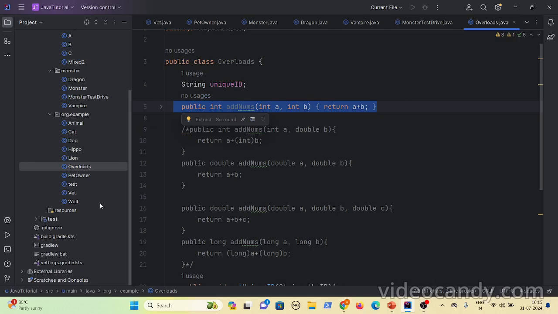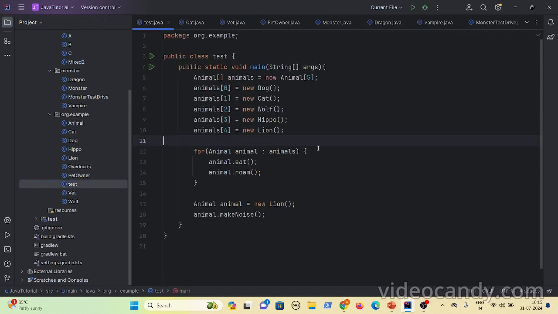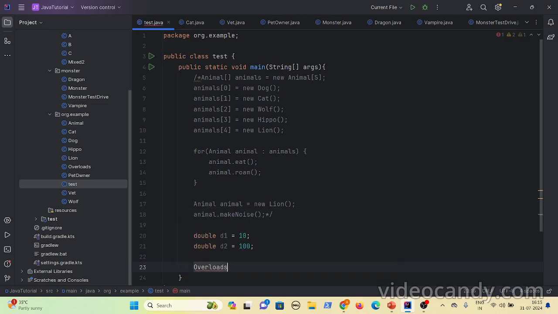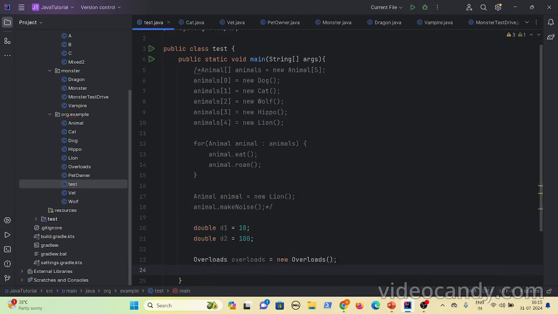But I am the client, the person who is using this add method, and I have double values. Let's say double d1 equal to 10 and double d2 equal to 100. Now if I invoke this method, would it work? Overloads equal to new Overloads, would it work?